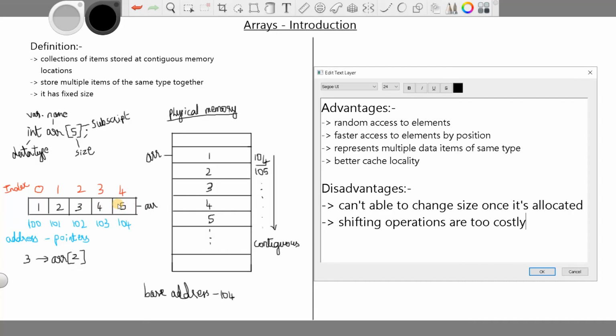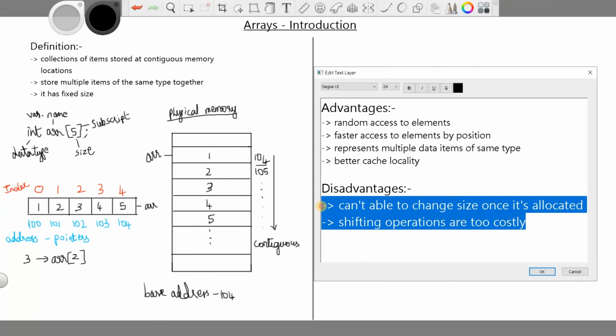Like that we have to keep on shifting the elements. Even for insertion, we have to redefine the array with additional space, and copy all the elements from this array to the new array. Like that you have to do multiple shifting operations. That's why it's too costly. So these are the two main disadvantages.